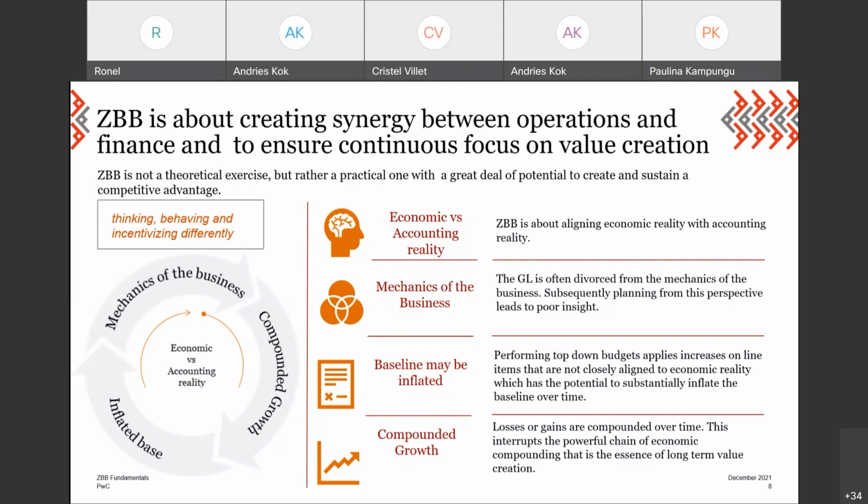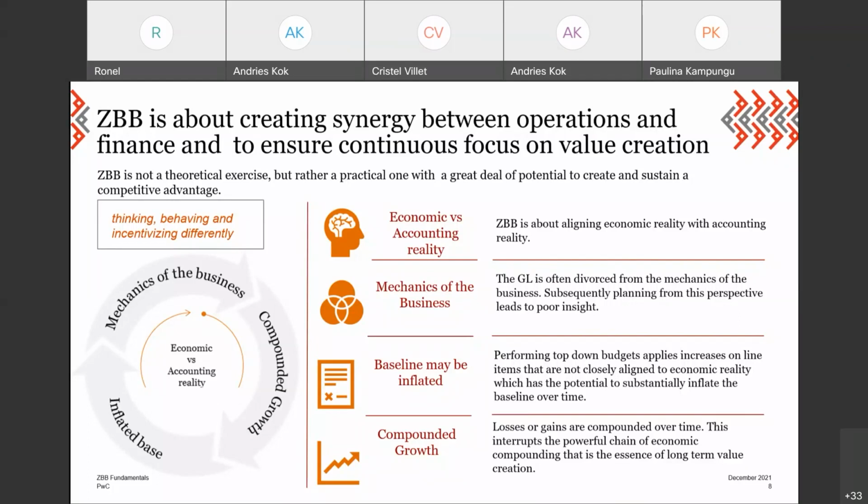And what we found in practice is that the baseline of clients was often very, very inflated. We found anything from 20% to 100% above what the zero-inefficiency ZBB baseline was, which creates a big opportunity for us, because it creates the opportunity to remove those inefficiencies, extract that value, and invest it towards your differentiating activities or whatever your vision or your mission or your agenda may be.